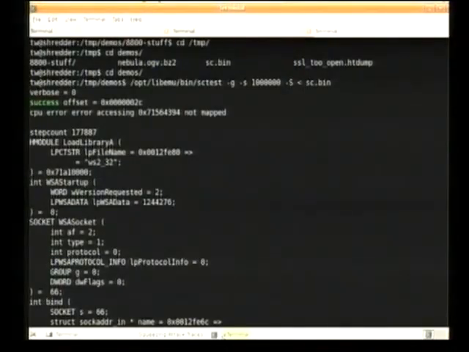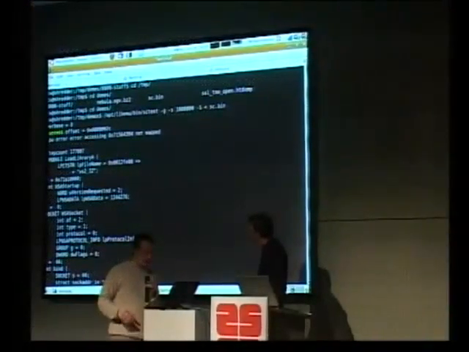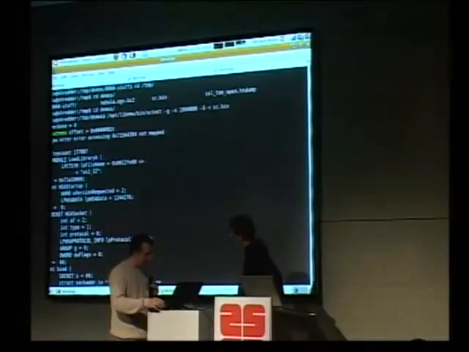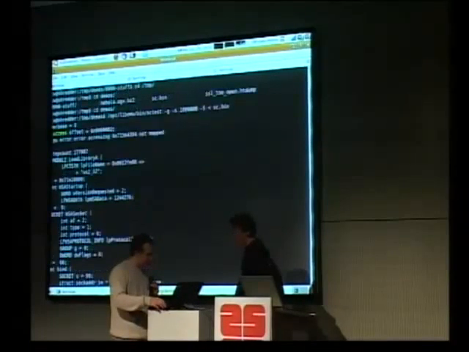So after 177,000 steps, we can see what the shellcode did. It loaded the WS2_32 library, which is required to do network communications on Windows, WSAStartup, WSASocket, bind, listen,